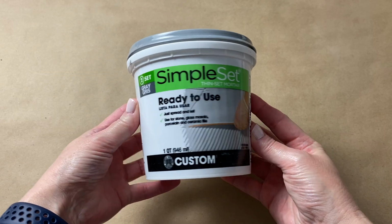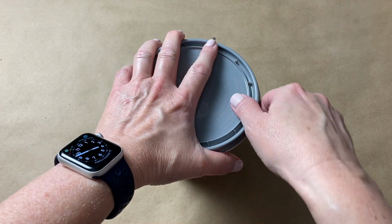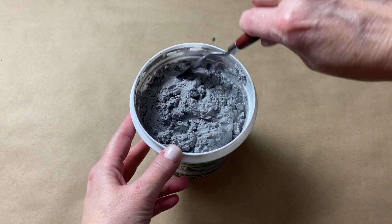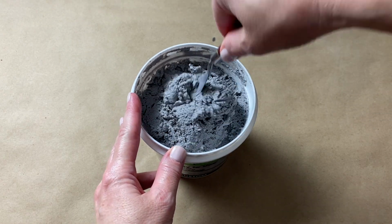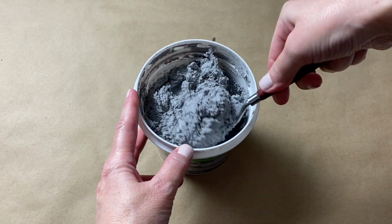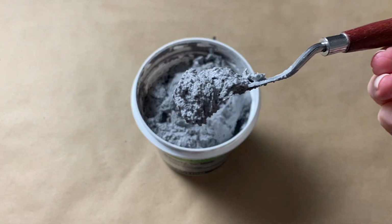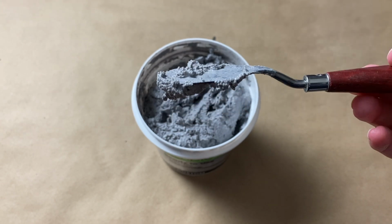I'll be using pre-mixed thin set for all three of these hearts, and I chose thin set for the reasons I just mentioned. And I specifically chose the pre-mixed kind because I knew my timeline and availability might be scattered and scarce during this project. So the pre-mixed variety, given my available time, allowed me to quickly and very easily get right to work. So it comes down to personal preference, but make sure you put some thought into your adhesive given the tesserae